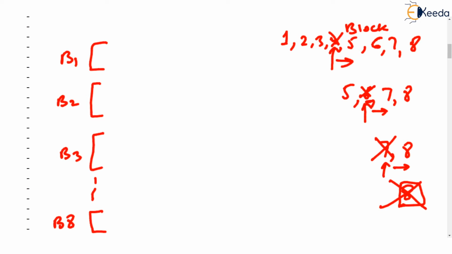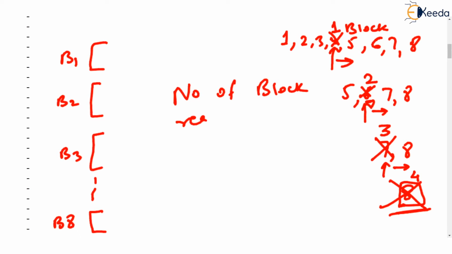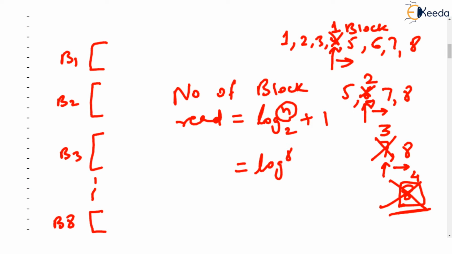So how many block accesses were done? First block access here, block 4, second here, block 6, third here, block 7, and fourth here, block 8. Eighth block was also read. Now you watch that the number of block reads, that is hard disk reads, that our system will have to do is equal to log of n to the base 2 plus 1, where n is the number of blocks. This is exactly log of 8 to the base 2 plus 1. Log of 8 to the base 2 is 3. 3 plus 1 is 4. And really, genuinely, 4 block accesses were done.